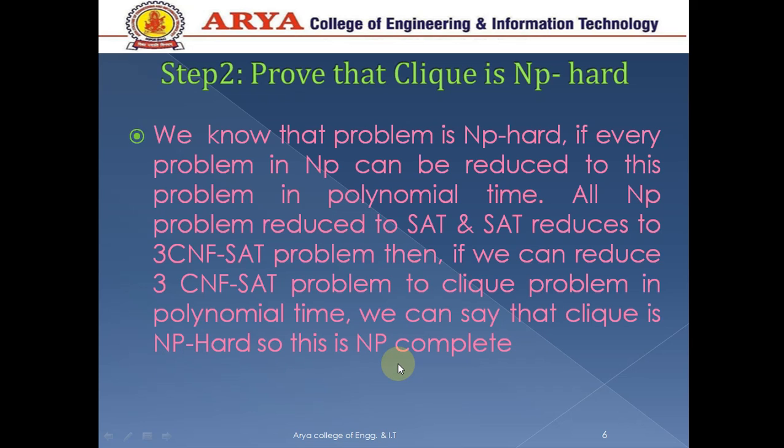For proving an NP complete problem, we perform two steps. First, we prove this is in NP. Second, we prove this is NP hard. For the NP problem, we have a verifiable certificate proving that this solution is valid in polynomial time, or we have the values of the variables, or the vertices, that can perform the task in polynomial time. If we have a valid proof for this, then we can say it is in NP.